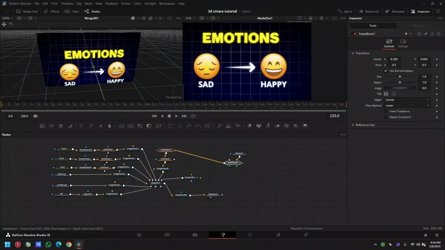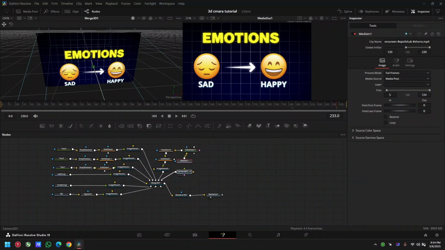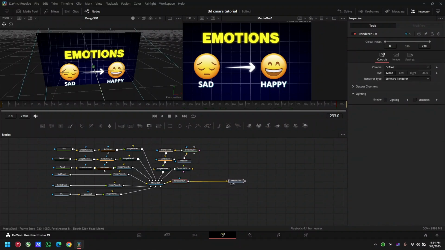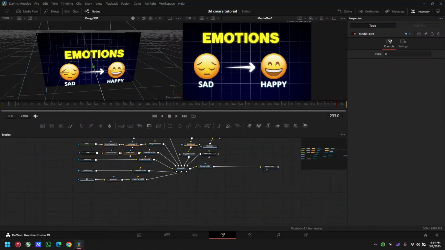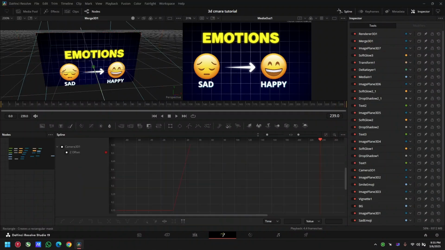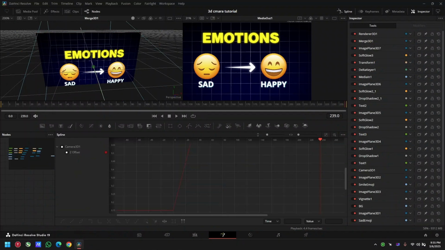So I'm just gonna move this like this and add it just like this. Let's add the camera to there and it to there, and I like to make the media out a bit long, just like that. So that is all the nodes we need to make this whole camera effect. We don't have to do any animation. We're just gonna click on this spline,